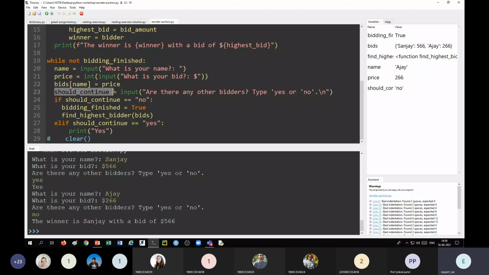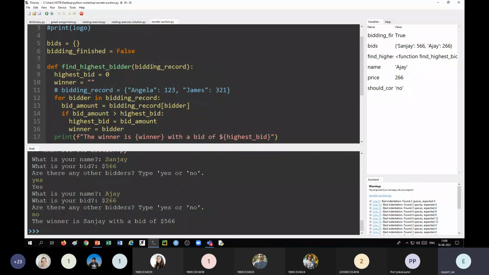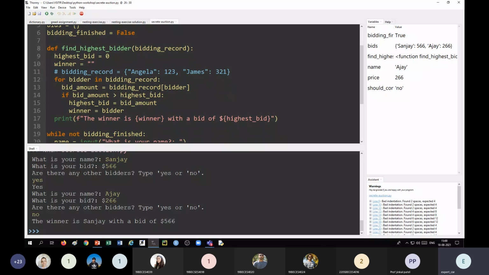We'll ask the user whether he wants to continue. If he wants to continue, then I have just printed it right now. But if he doesn't want to continue, we have to make some flag true so that it stops accepting the next input. And to find the highest bidder, we write the function here and call the function. This function will find the maximum bidding value and that will be printed.